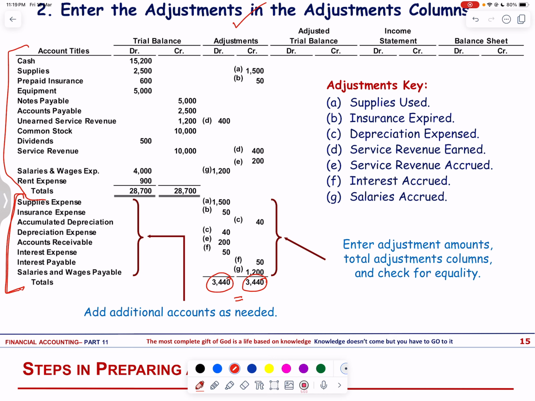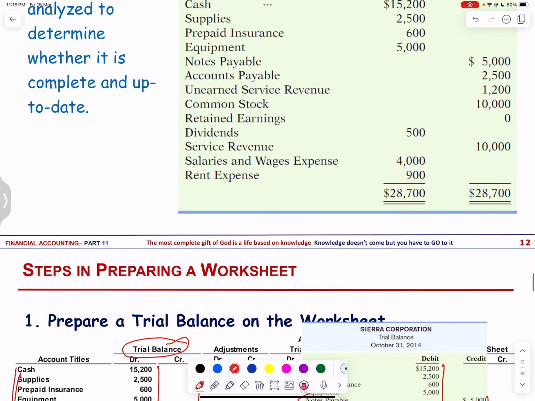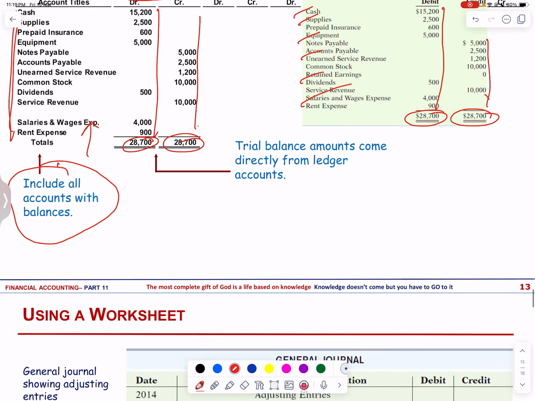Now once we have made the trial balance, we have done the adjustments, the next step is to look into the adjusted trial balance, and that is what they have said over here. We have made the adjustment data and now we are going to enter the adjusted balances. Now when we are recording the adjusted balances,